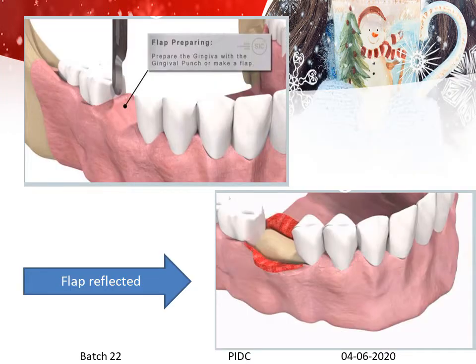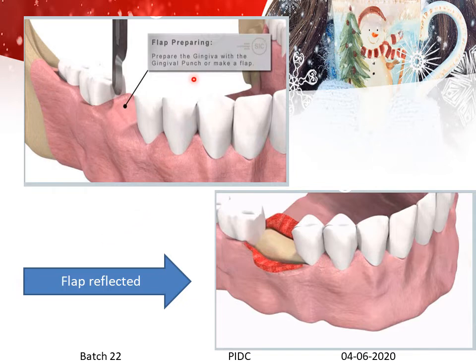Okay, now we will go through certain animated pictures where we will be telling about the two-stage procedure. I have already uploaded the video of this two-stage animation surgical procedure in your Google Classroom. You can go through the video once. Here we have the pictures where I'll be able to explain better.